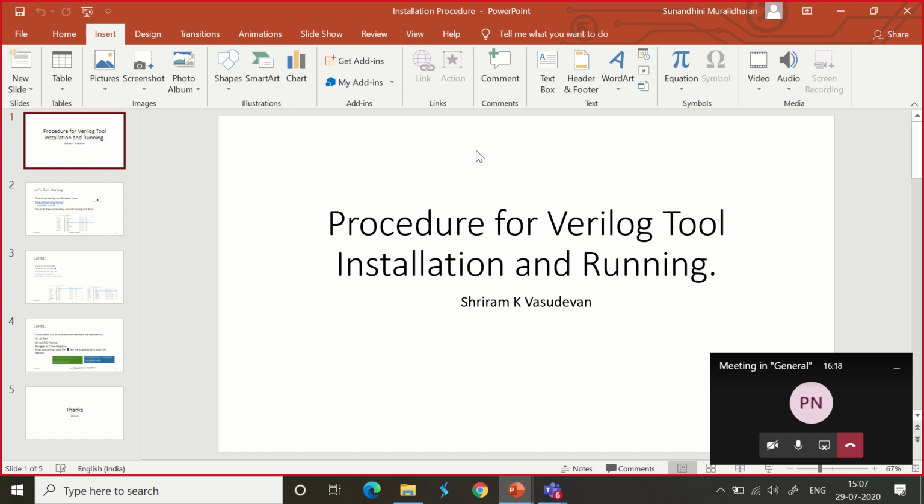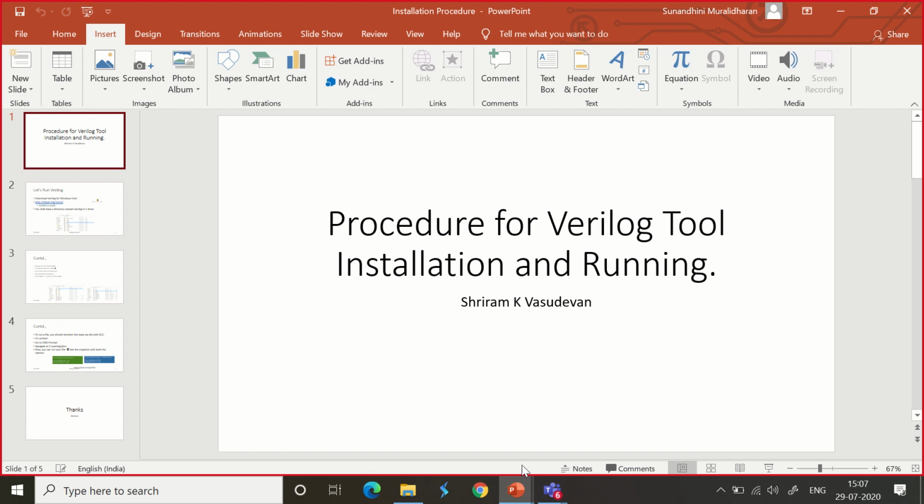QtSpim. I am going to teach you the installation process for both tools, and we will run one of the simple exercises in both of these today. If you can get this successful on your machine, that's all. Once you install it, that's over for the day. We will go ahead with learning the constructs, and with building the components a little later, step by step. I hope I'm audible and we can get into the content right away.